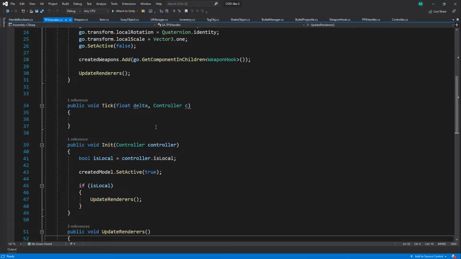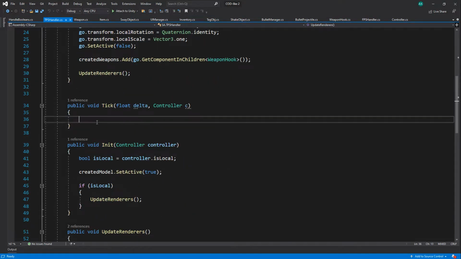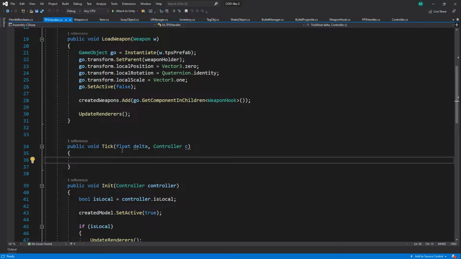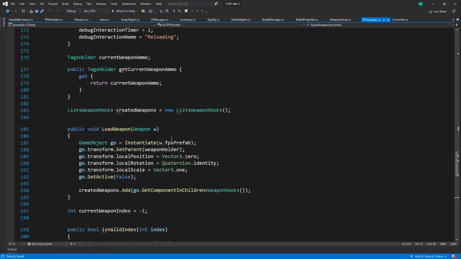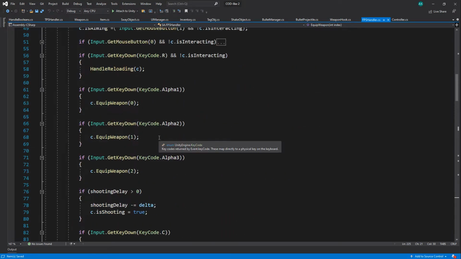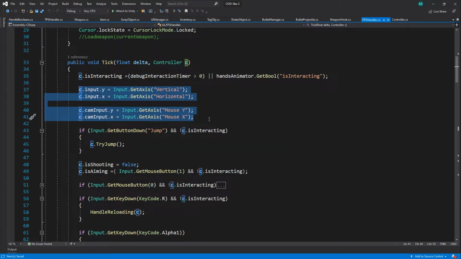So let's see how we can update its values. Now, if you remember in the old video, we were kind of doing the same thing we were doing with our animator in general. So I was passing both the vertical values we have from our input, which we are getting from the FPS handler. I was passing basically all my inputs, which, okay, it works,